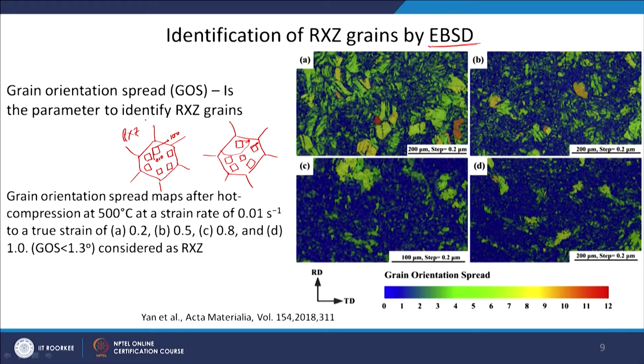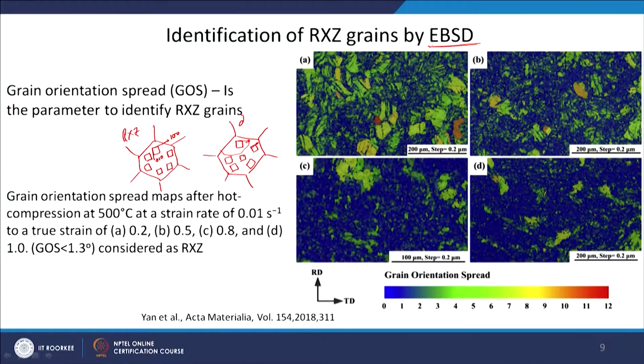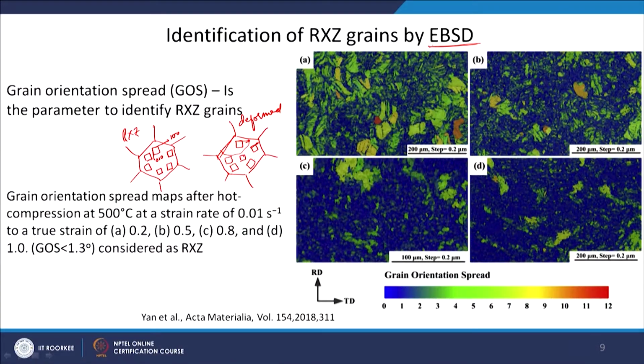So, everywhere if I find out the orientation of the unit cell, it should be the same, and this is where it is a deformed grain, where now the unit cell has different orientation, very slight variation, at different parts of the grain. And the grain we have already defined is the one which is enclosed within high angle grain boundaries. So, this I will call a subgrain, because one part is enclosed with a low angle grain boundary.